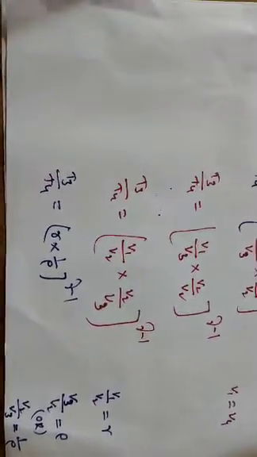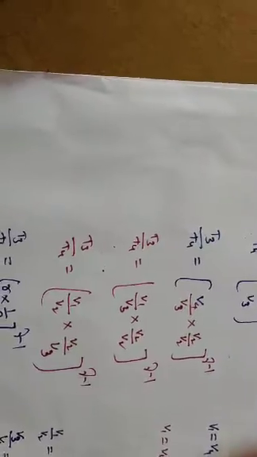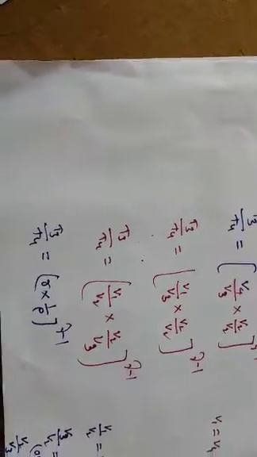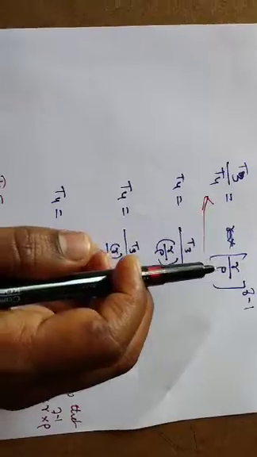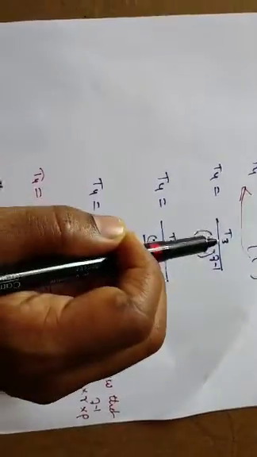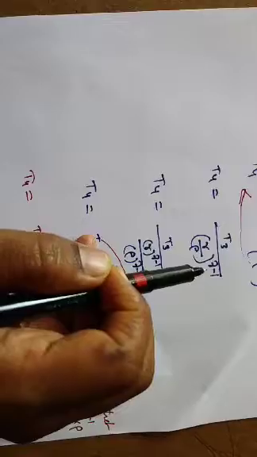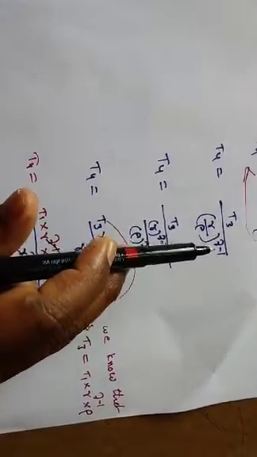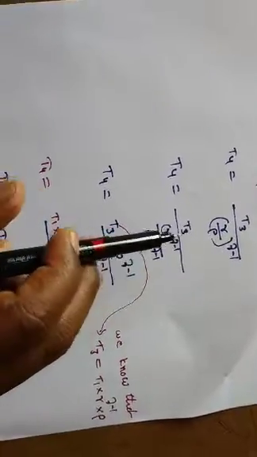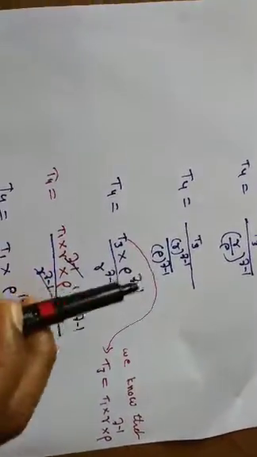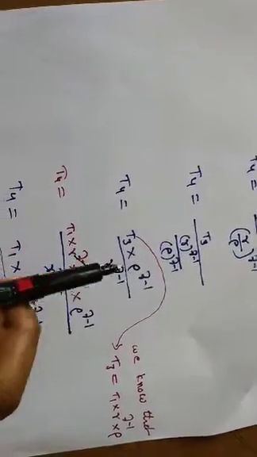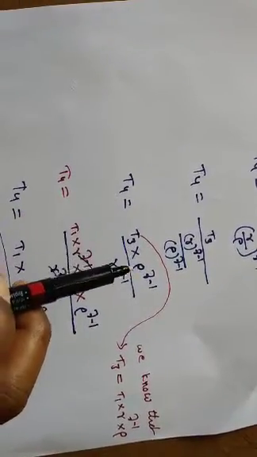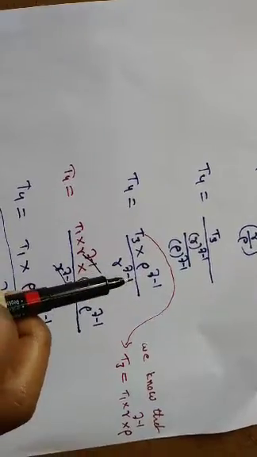Next, we shall see the next slide. T3 by T4 is equal to r by rho to the power of gamma minus 1, so T4 is equal to T3 divided by (r by rho) to the power of gamma minus 1. Separating the power to both terms, r to the power of gamma minus 1 and rho to the power of gamma minus 1, and bringing this term to the numerator, T4 is equal to T3 into rho to the power of gamma minus 1 by r to the power of gamma minus 1.